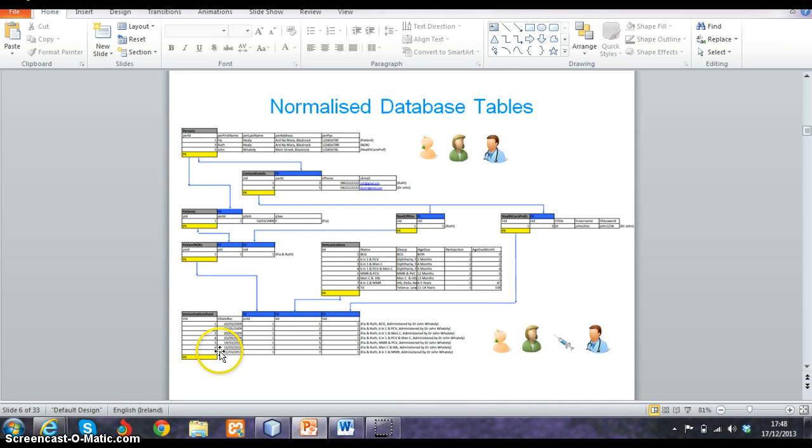Okay, so this is our immunisations received table. So in order to implement that rule, you need information from the patient next of kin table, the immunisation table, and the healthcare professional table. So for example, if the fourth entry down, the